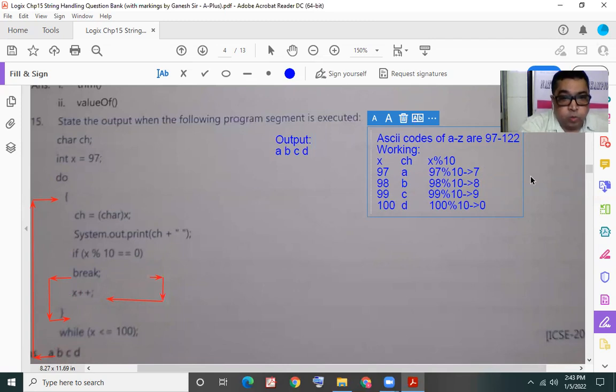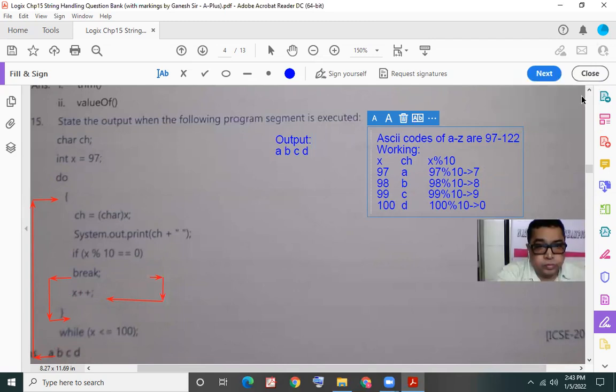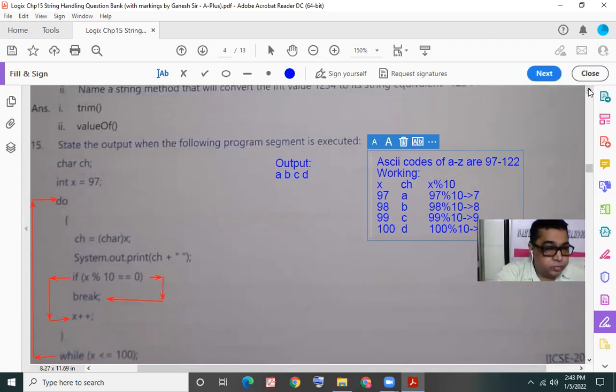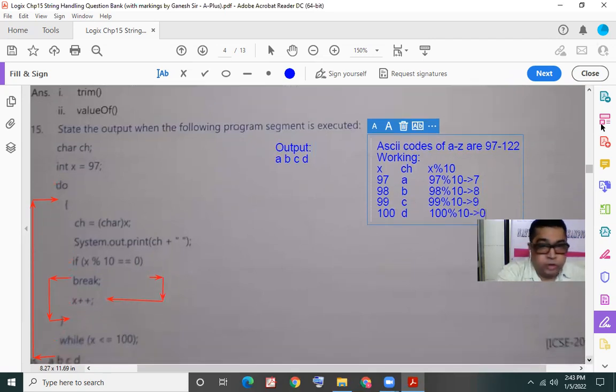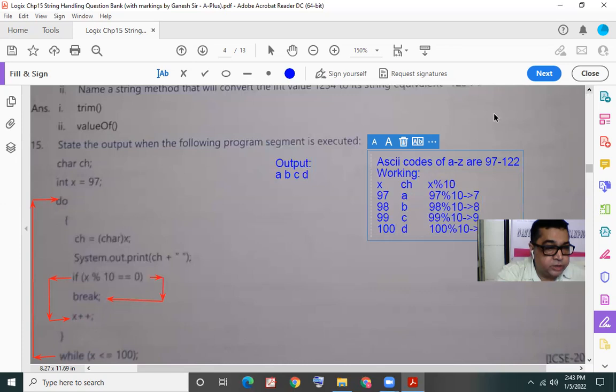And we have to mention the output. That's the end of our code. And the output that is generated on the screen is a, b, c, d, that is, a space, b space, c space, d.